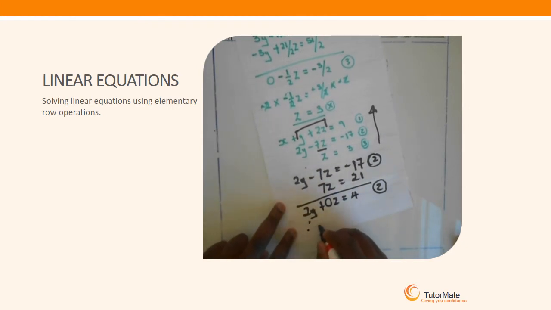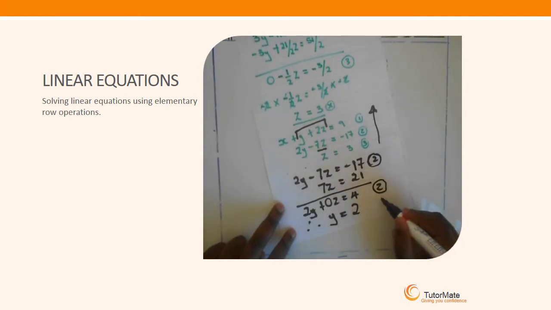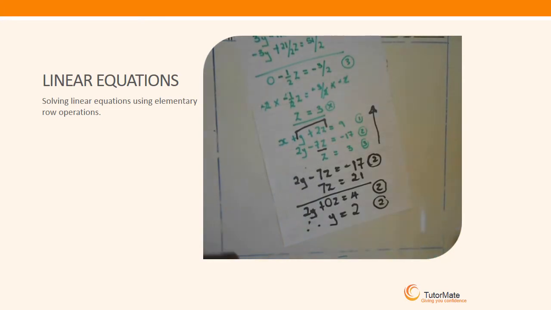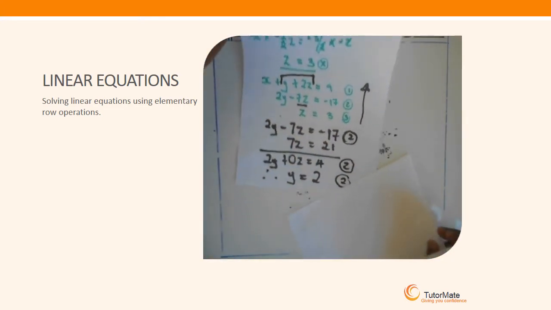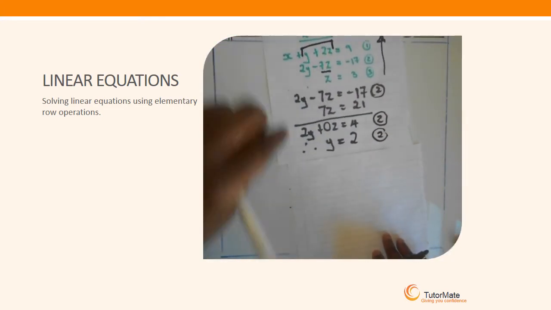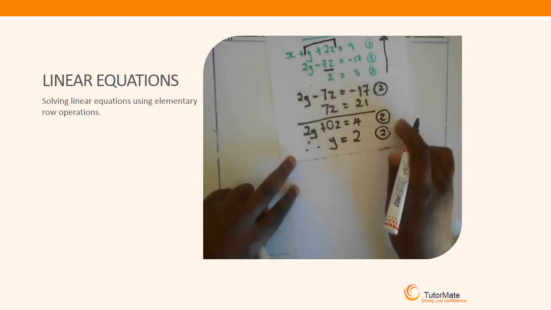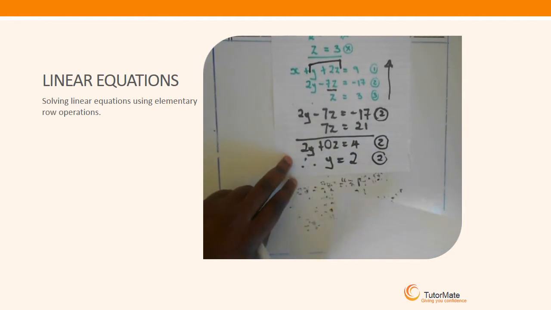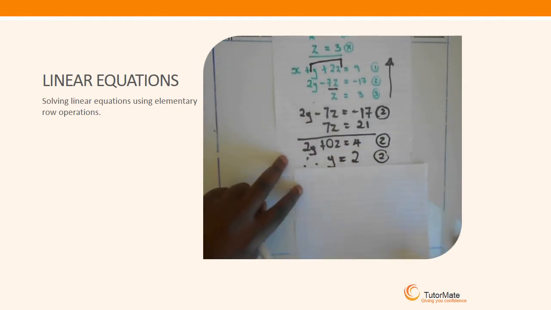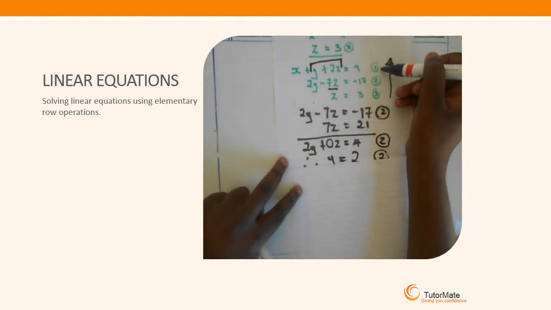Therefore, if you divide both sides by 2, y is equal to 2. Remember, I've just divided both sides by 2, so that I'm left with only the variable y. So my new equation 2 is y is equal to 2. So now I have to rewrite my entire equation, and I say my first equation was this equation, but